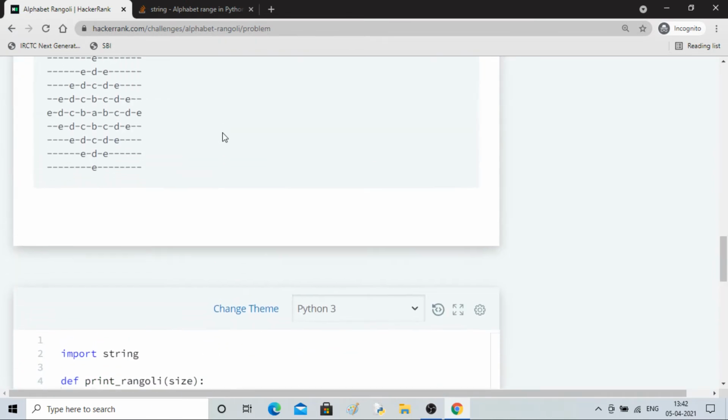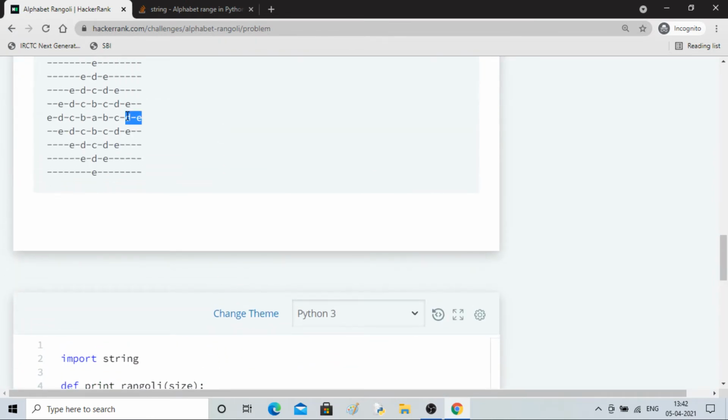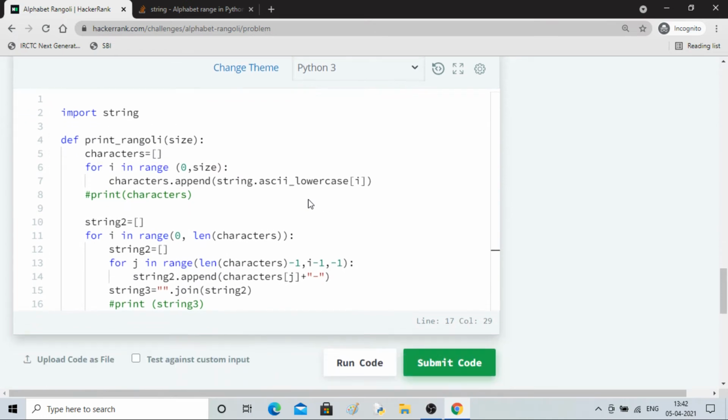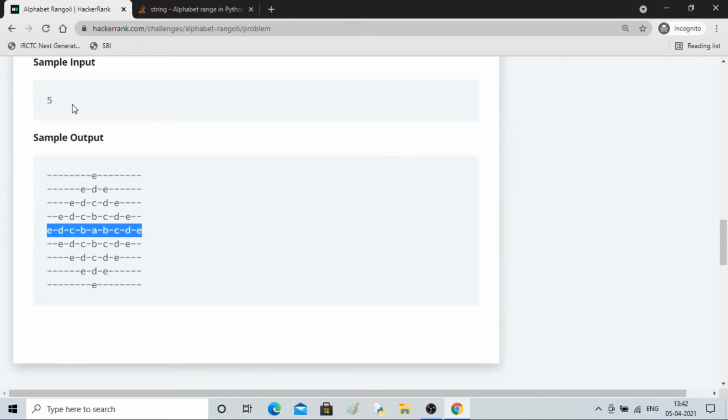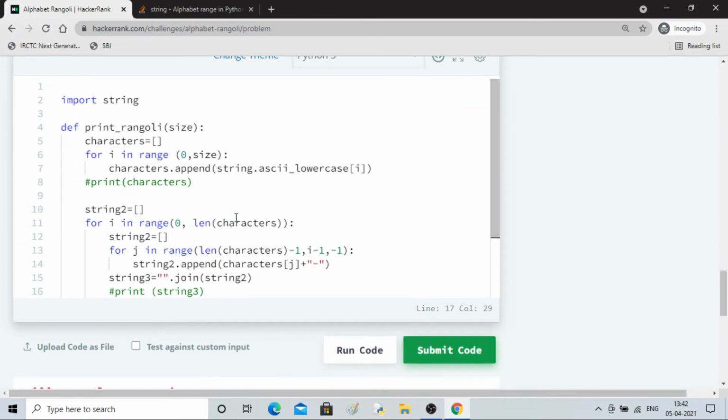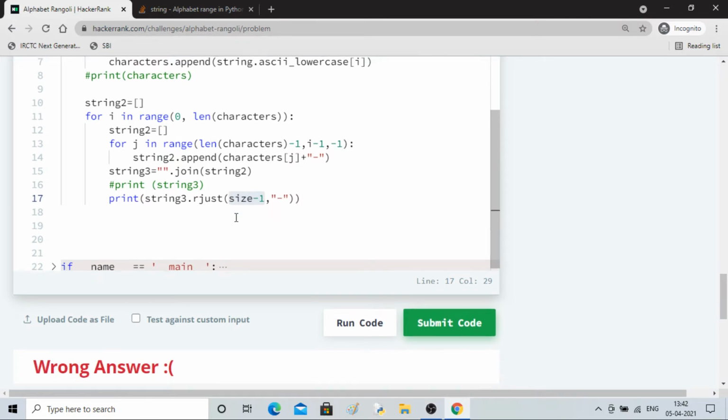Okay, what is the total? 1 2 3 4 5 6 7 8 9 10 11 12 13 14 15 16 17. Total 17 is there, no? Okay, I come up with 17. N is my 5. So how should I use space?